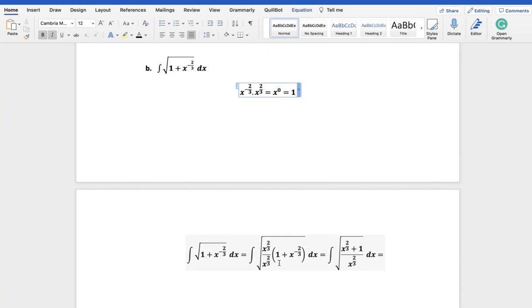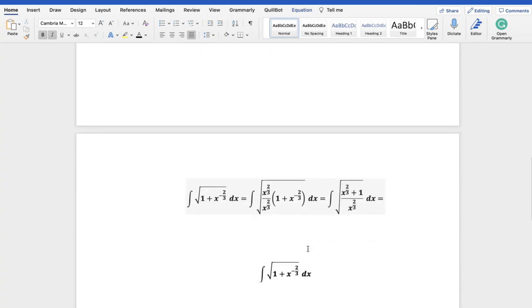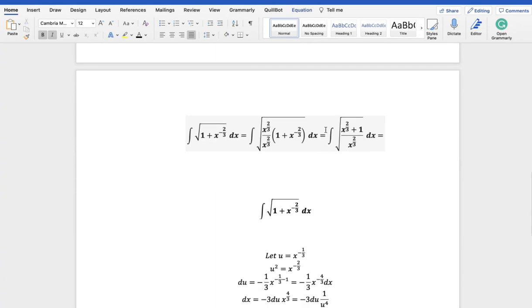Does that make sense now? Yes, thank you. Yeah, so that's what it's equal. So then when you simplify this expression here,